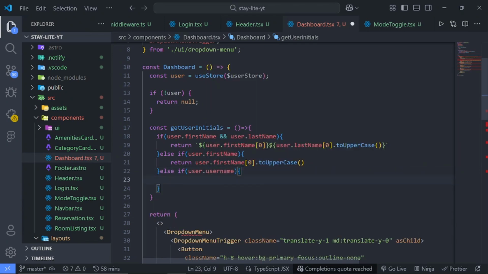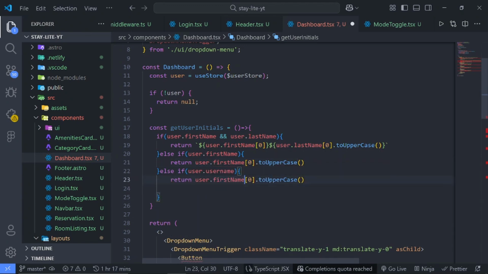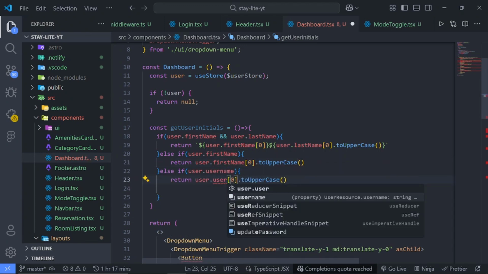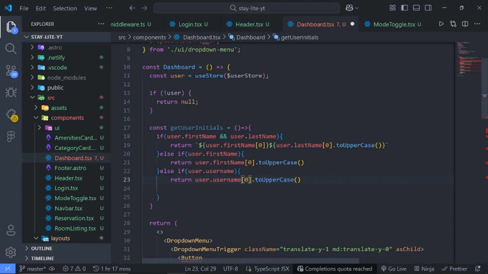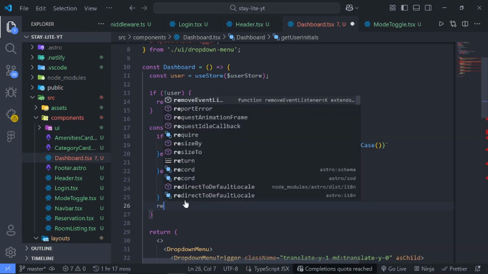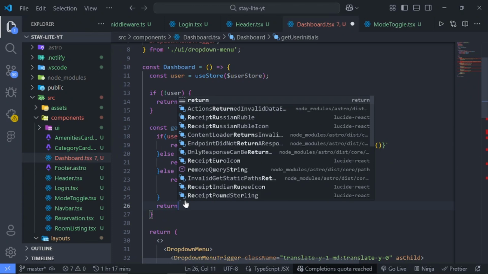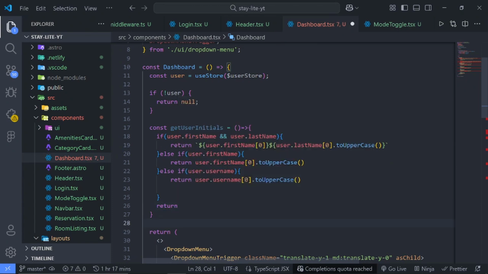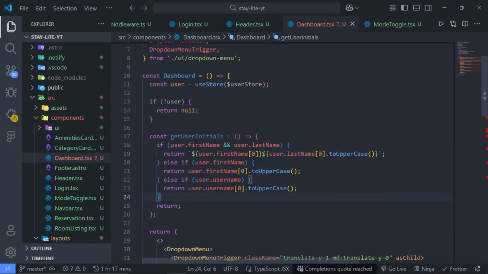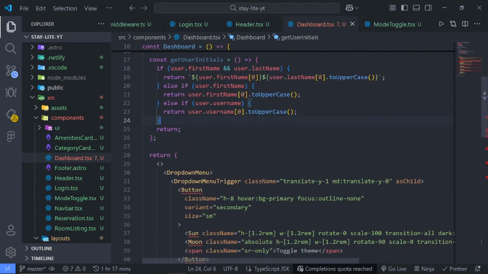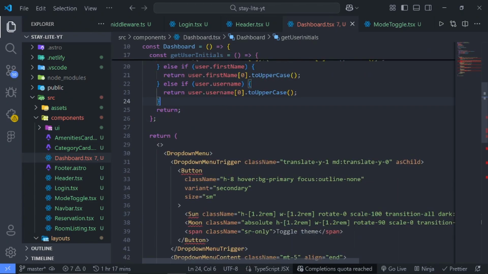Then what we want to do is the same thing. So I'll copy this down and I'll change this to username like so. Else we just stop it from moving on, but at least one condition must be met. So we can save this now, and right here what we do is to get rid of this button